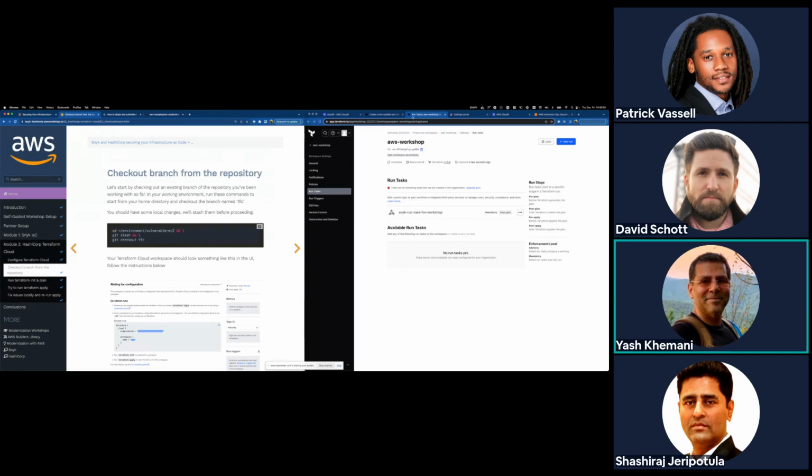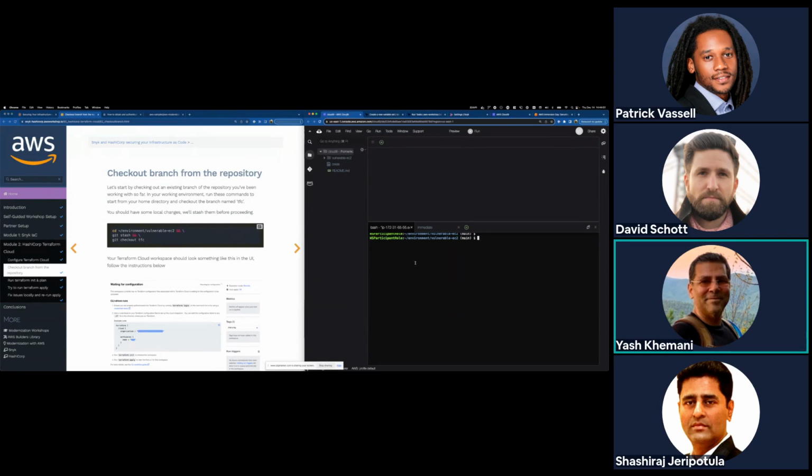which is I'm going to pop back to my AWS Cloud9 CLI, and I want to check out this vulnerable EC2 instance, the TFC branch.